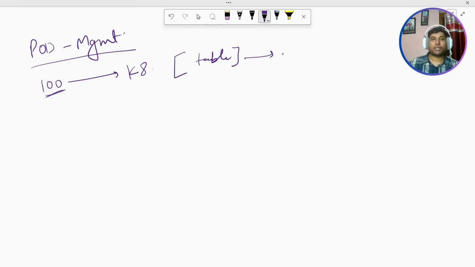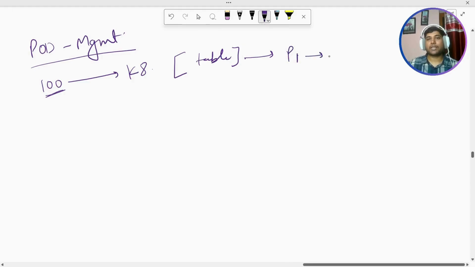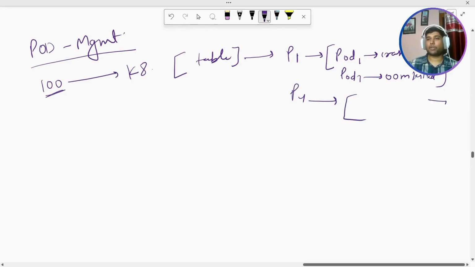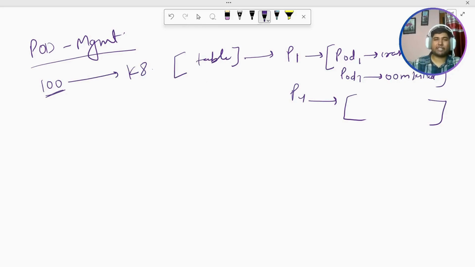For example, inside the table the information will be mentioned like project 1. Inside project 1, let's say pod 1 is having a crash loop error, and then pod 3 is having some other error. Similar to that, whichever project is having issues, that information will be mentioned. Let's say project 4, a pod in project 4, is having some issues, so that will be mentioned in that table. As soon as we receive that mail, or once in 2 days we receive this mail,